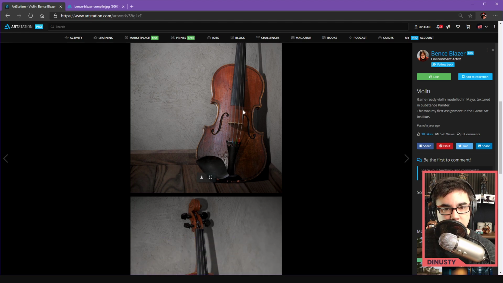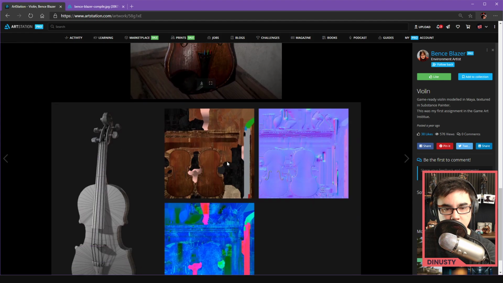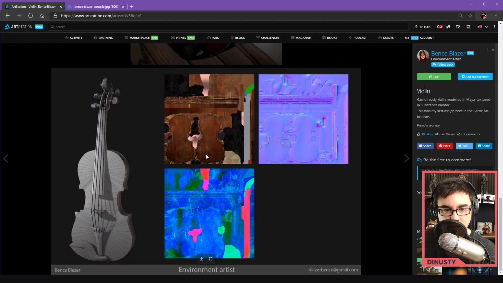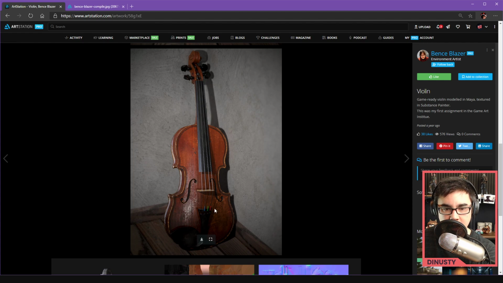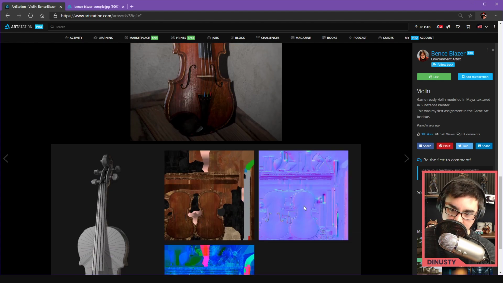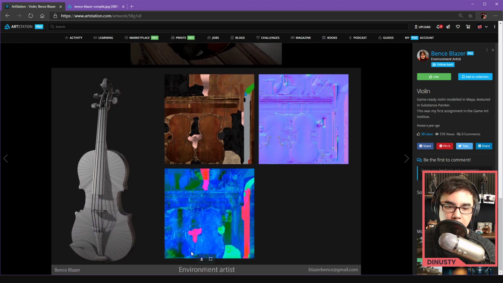Also, what I saw in the texture here, she's got some dirt that's happening around here. Most of the time, the dirt doesn't really have enough height on it to be in the normal map. And I saw it in the normal map down here. You want to be putting it